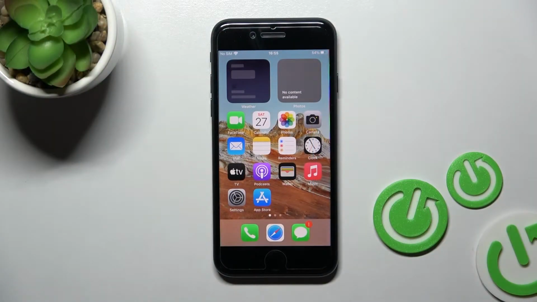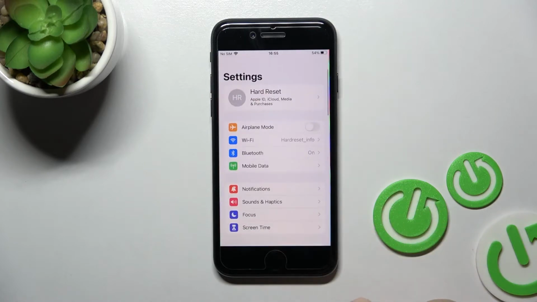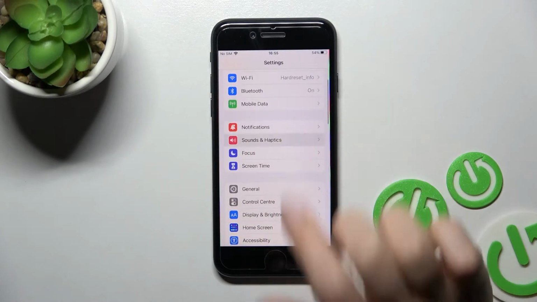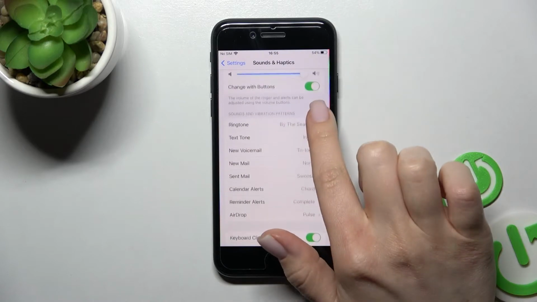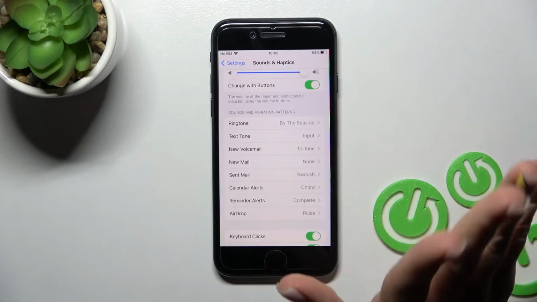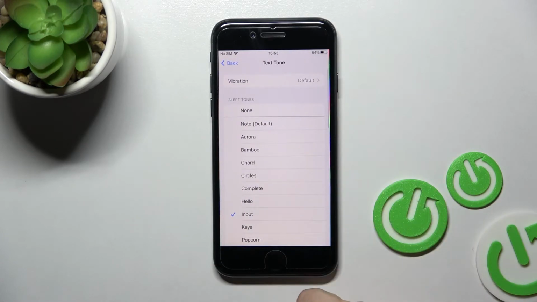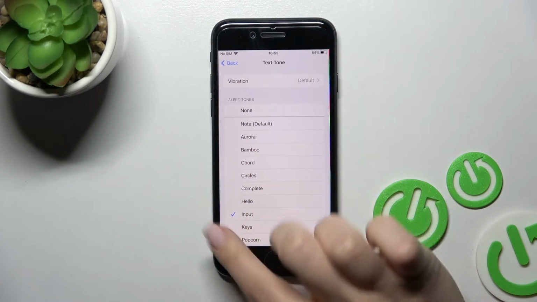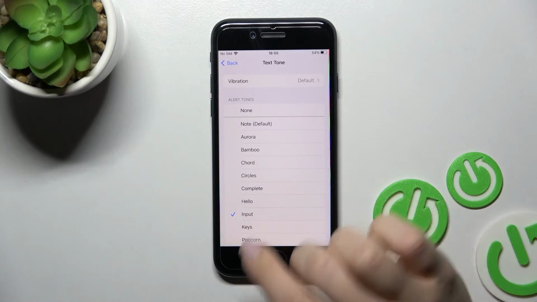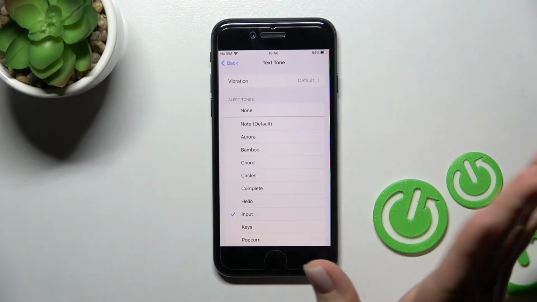Welcome to the iPhone SE 2022 in front of me, and I'll show you how to mute notifications on this device. First we should go into the Settings application and then click here on Sounds and Haptics. Now just here we've got the Text Sounds, for example. To mute the notifications you should click here on Text Sound, and switch the current message sound